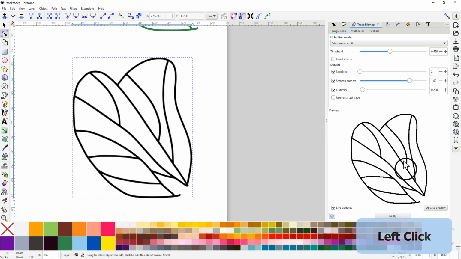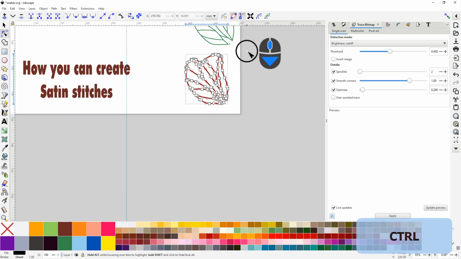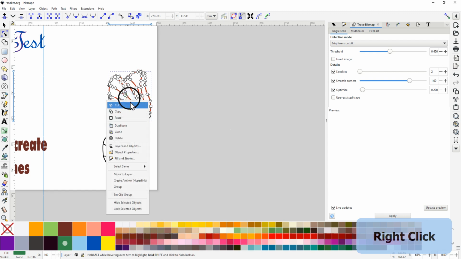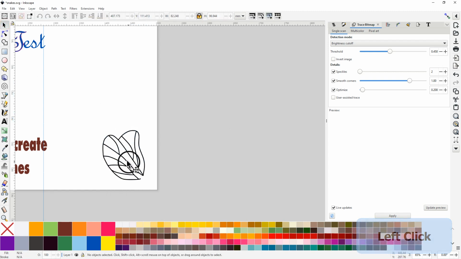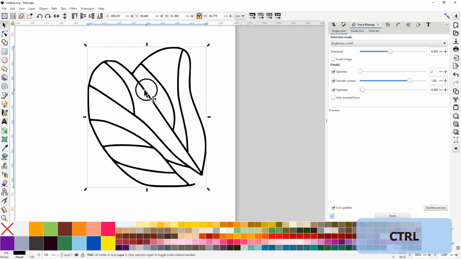So what do we get with a trace bitmap? If we are using the brightness cutoff, we are getting a fill. So if we go and apply, that is, I'll delete that one. So I did apply the trace bitmap, and now I have this object, and to show you that